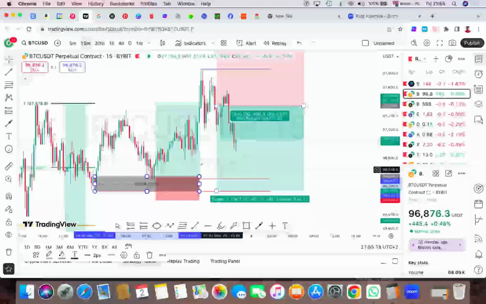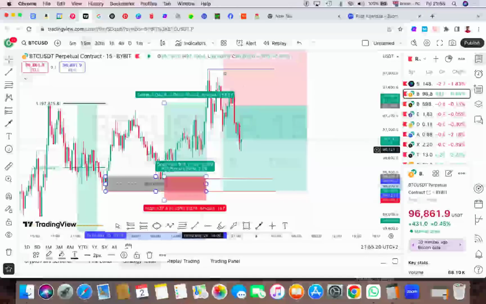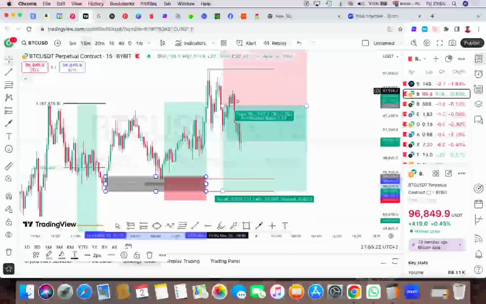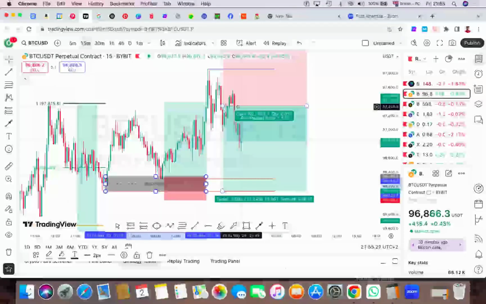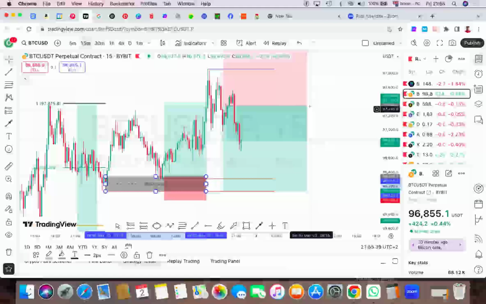I was just giving you an example of the current trade I'm taking. I took this even without drawing my order block, but I knew where my order block was going to come from, right? I knew exactly where my order block was, and I knew where the liquidity was sitting. But it takes a lot of time and a lot of practice for you to be able to get all of these things, right? So now let's come back to us.